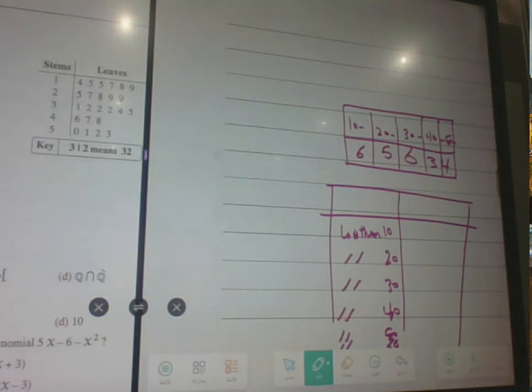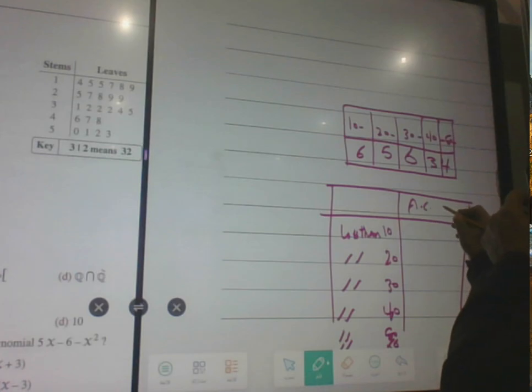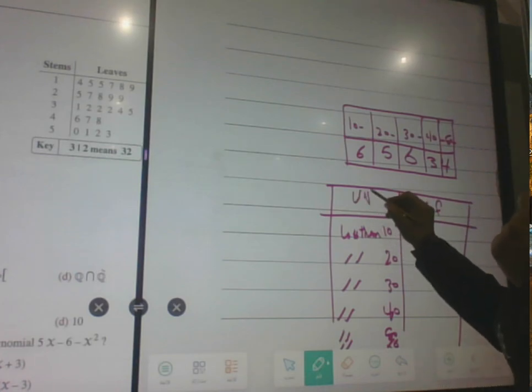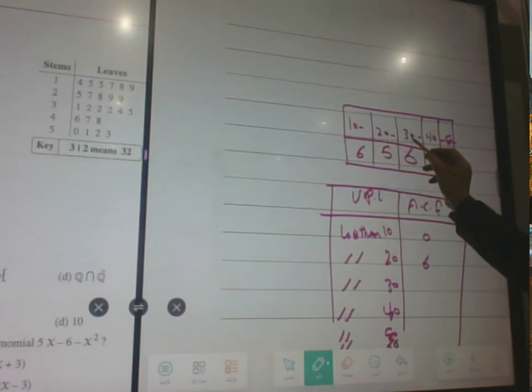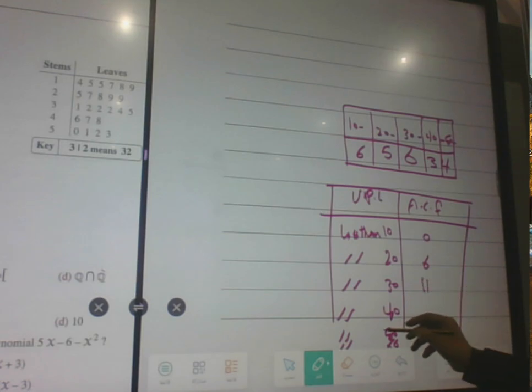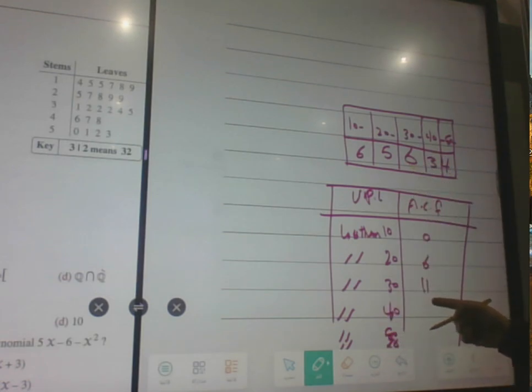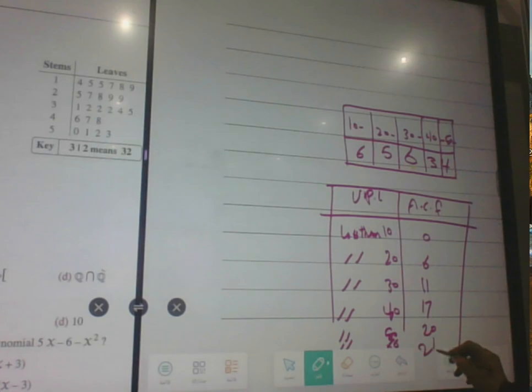Like the ascending cumulative frequency, and here the upper limit of ascending. Less than 10, it will be 0. Less than 20, it will be 6. Less than 30, 5 plus 6, 11. Less than 40, it will be 6 plus 11, it will be 17. Less than 50, we have 3 plus 17 equals 20. And less than 60, 20 plus 4 equals 24. Right here, 24, okay? Now I will draw